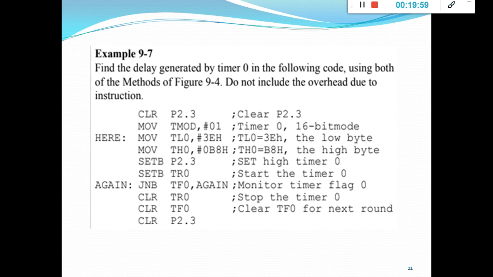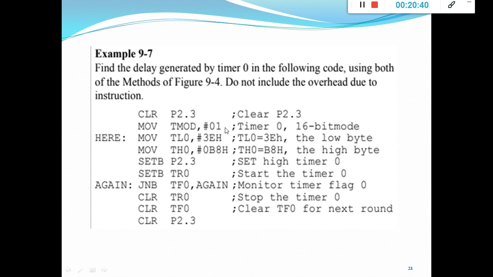Okay, so initially, if you take any port, all values will be F. All bits of each port will be 1 1 1 1. Whenever you go on displaying, whether you want to toggle or anything, the values are going to change. So by default, when you power on the microcontroller, each bit of all ports will be 1. The first instruction here is clear P2.3, which means they make only the third bit of port 2 zero. So now the third bit of port 2 is 0, and the remaining bits are all 1.